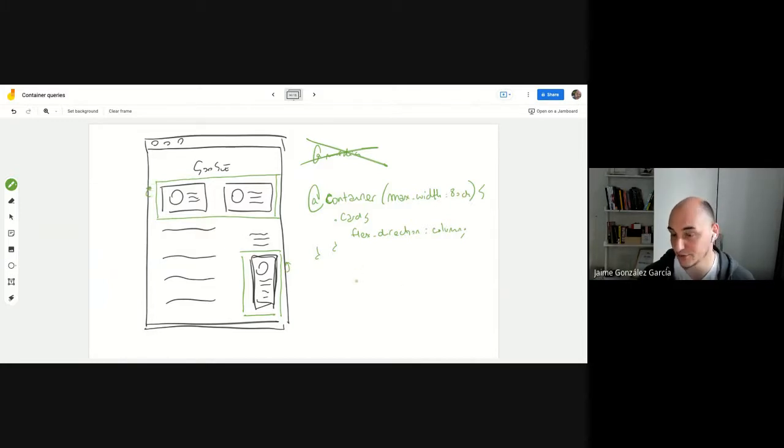There's another part that I haven't shown here, which is that containers also need to declare themselves. This is still under development, but I think the reason is that this is kind of expensive, so you want to limit it in scope. So these two divs should declare themselves as containers. And for that, there's another CSS rule that I have forgotten, but